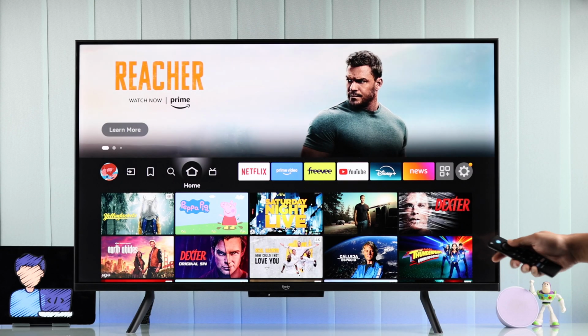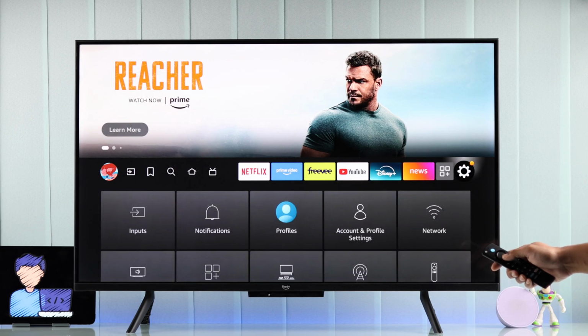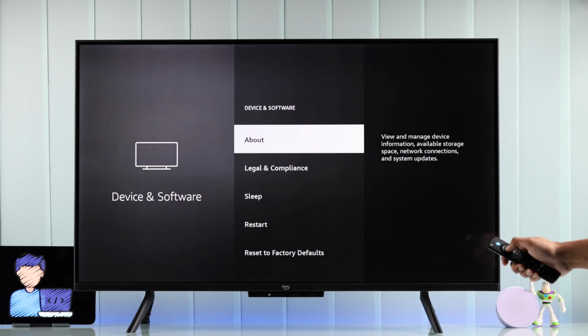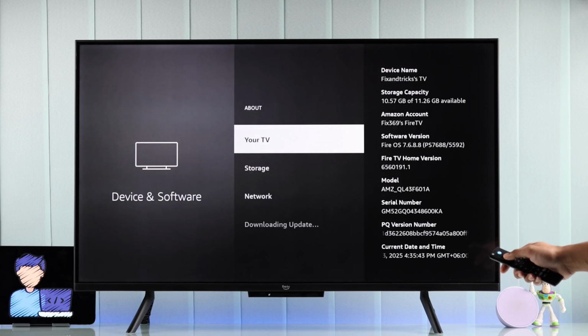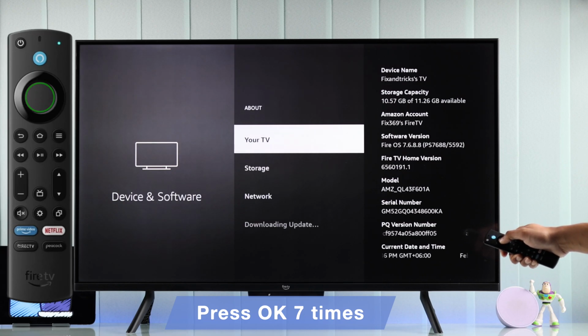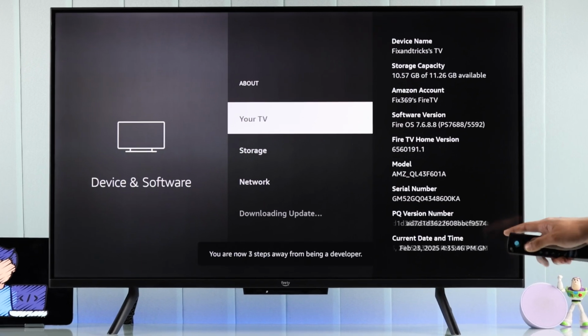To enable developer options and allow apps from unknown sources, you'll need to go to the Settings tab and then go down to Device and Software, About. Now select the Your TV option and press the Select button 7 times. You'll see it will say how many times you need to press, and after that it will say you're now